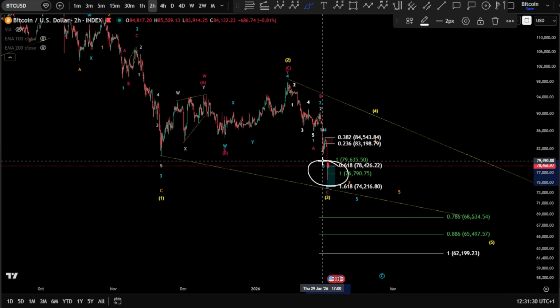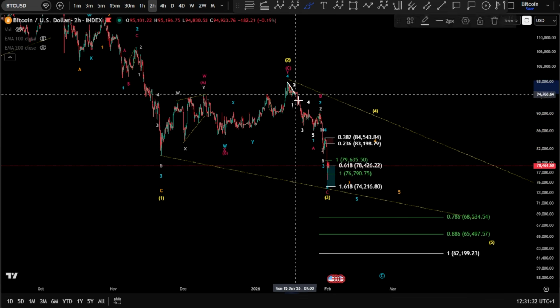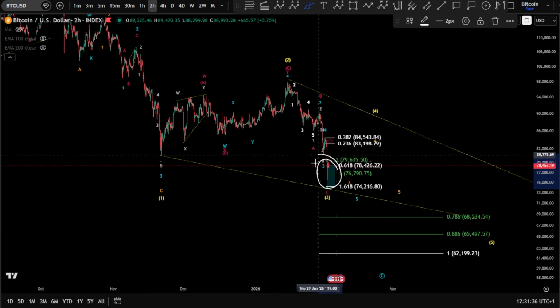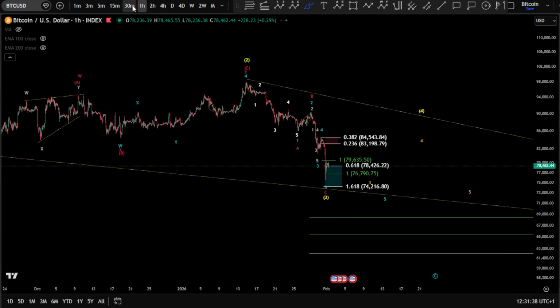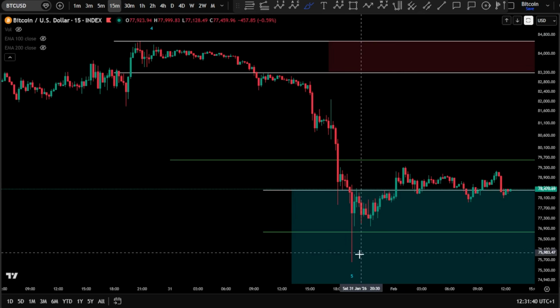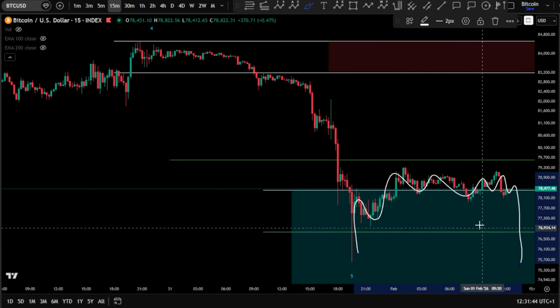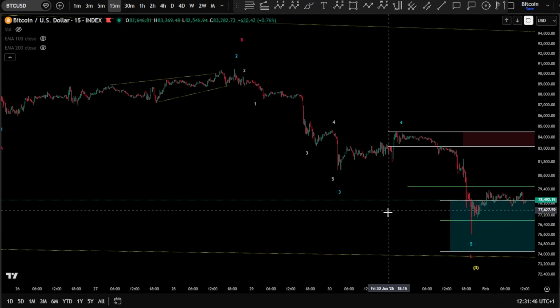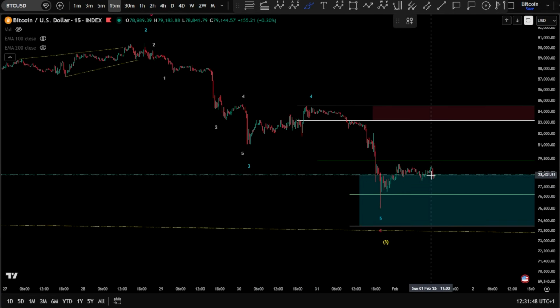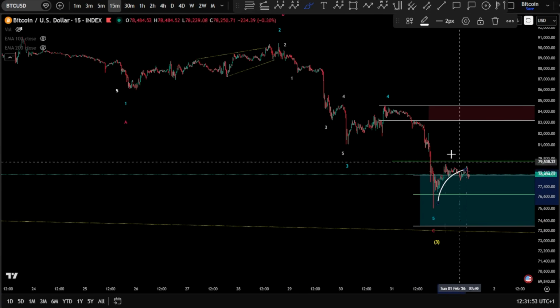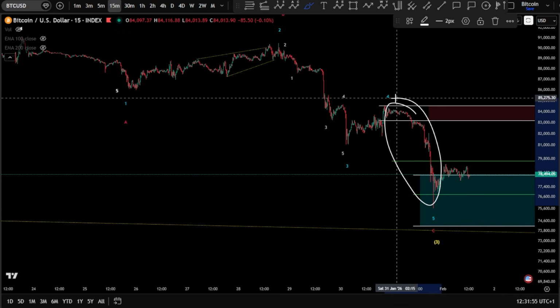Currently we have hit our target, but what if we are in the 1, 2, and then 3, 4, and a 5 again? Yeah, because I still see here on the lower time frame, 15-minute chart here, of course, kind of a correction, meaning extensions are unfolding potentially here toward the downside.